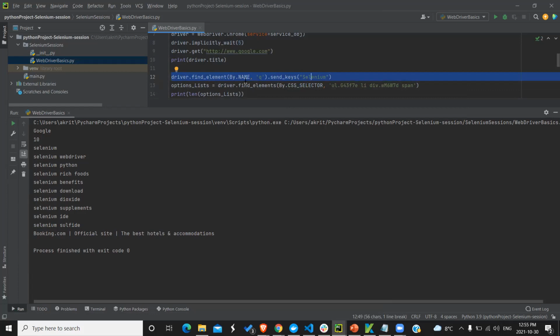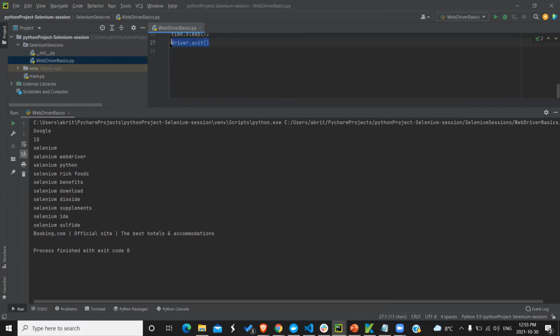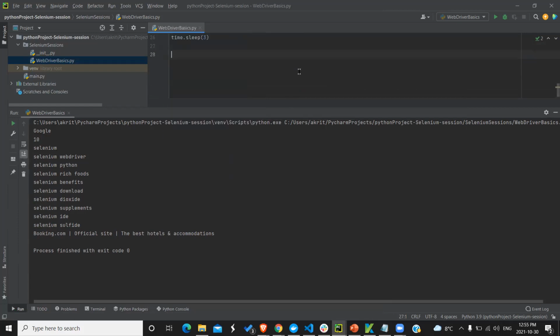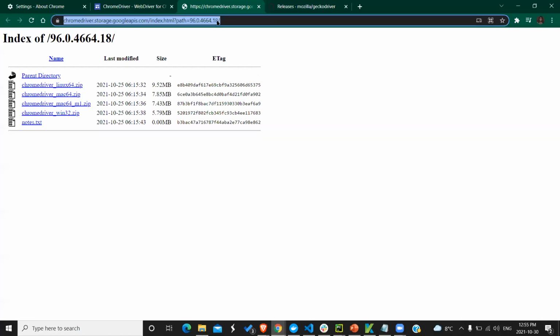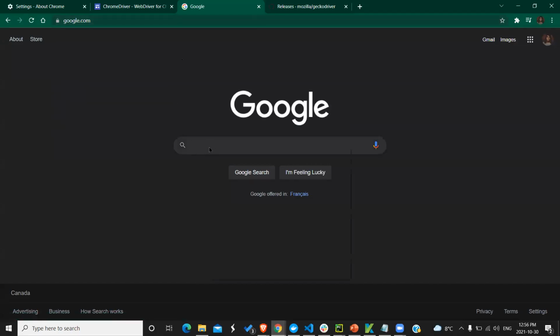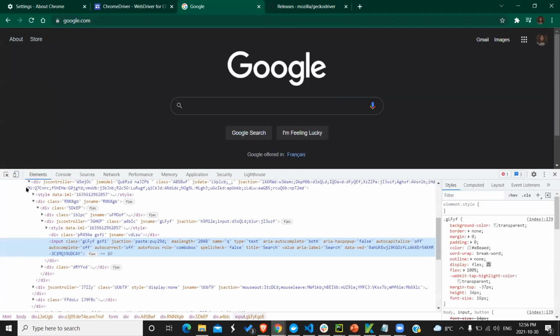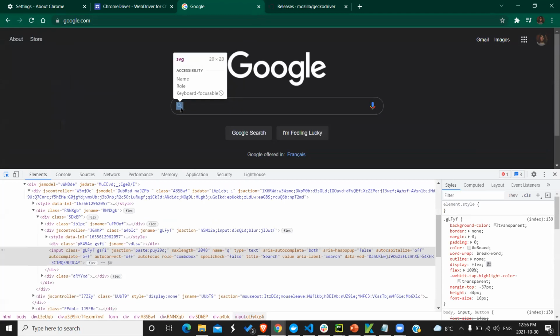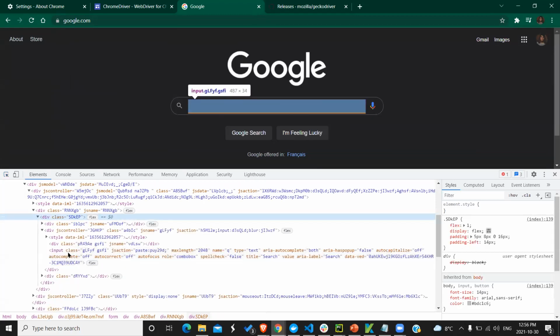So without quit, if I do this, and I try to inspect this input field, does everybody know how to read the DOM here?